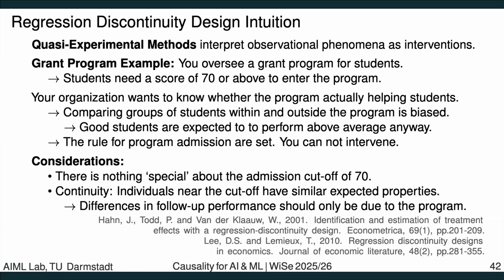Yeah. And the idea basically is that this cutoff of a test score of 70 is rather arbitrary, right? I mean, sure, it's maybe the top 20% of students or whatever, but in terms of students' skill, you don't expect students that are slightly below this threshold and students that are slightly above it to be fundamentally different, right? You assume they are somehow similar, and some, maybe by luck or whatever, got above the 70%, and some are